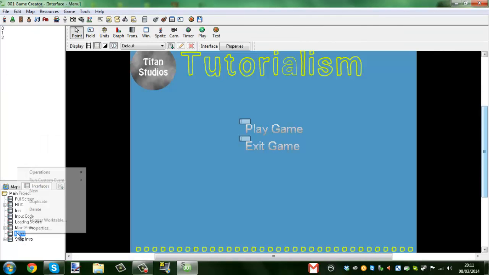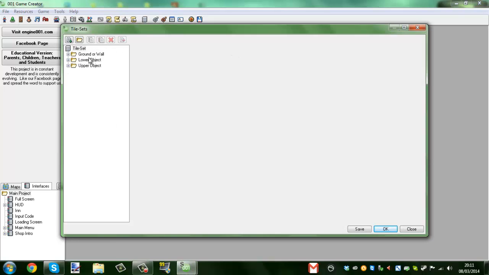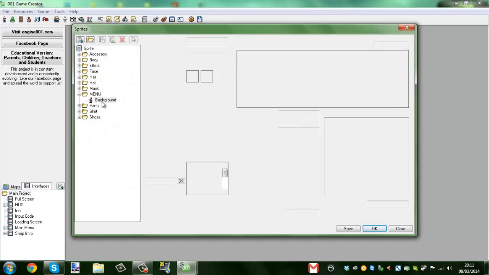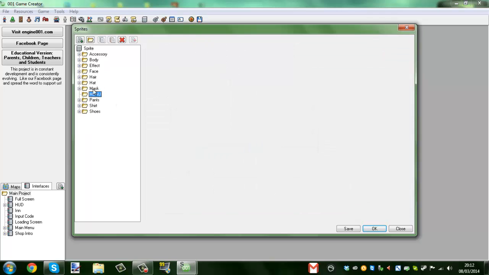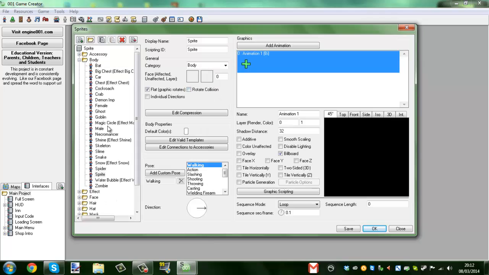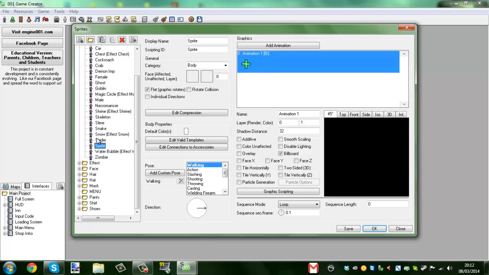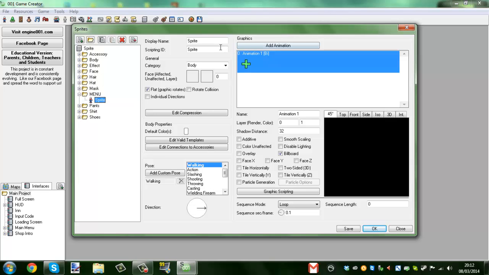So now, in your interfaces for your menu, you're going to want to create a new sprite. Now, this is what I've done here. Hold on. I've created a new folder, called it menu, and then I've clicked this button in the top left to make a new graphic, and then it's under body as the name is sprite. Drag that into the menu folder, and then rename it to menu background,